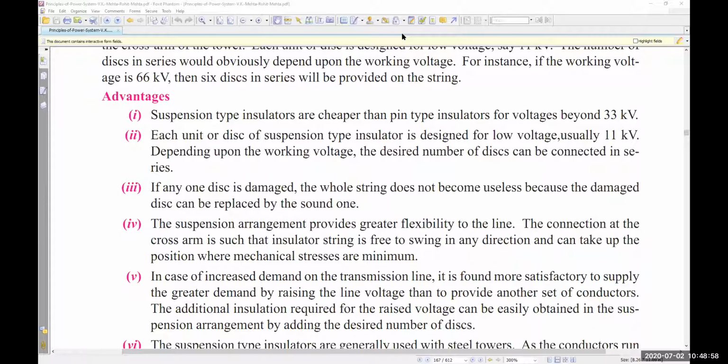Number 3, if any disk is damaged, the whole string does not become useless because the damaged disk can be replaced by the sound one. That means the good one. The suspension arrangement provides a greater flexibility of the line. What do I mean by greater flexibility? Greater flexibility means,